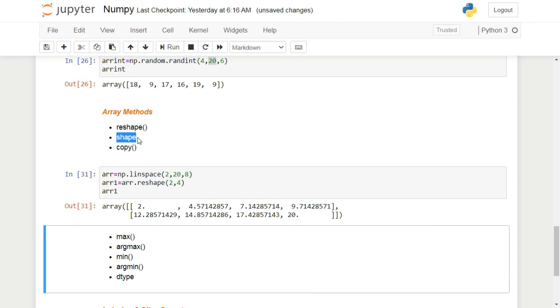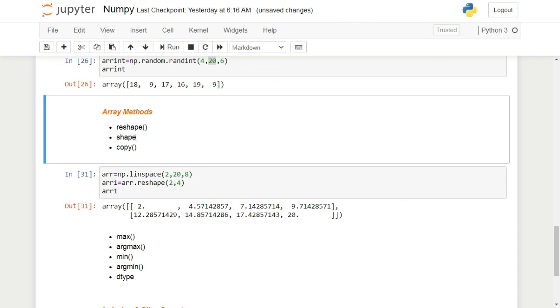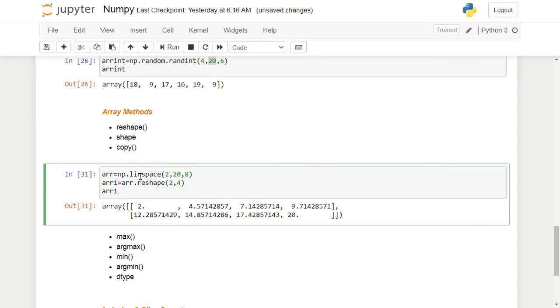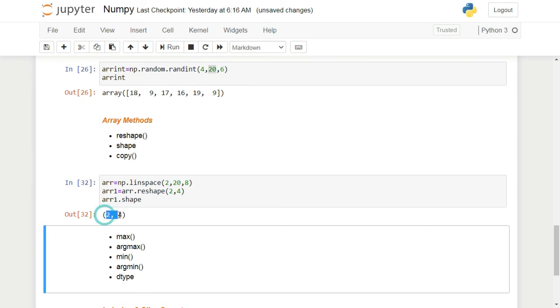Now coming to the shape. Basically shape is not a method, it is an attribute. You can distinguish between a method and an attribute because attributes don't have parentheses at the end. You can see I have not given parentheses at the end of shape, so it is an attribute, not a method. Shape is just for checking: if you have a variable, you can call the shape attribute and it will give you the number of rows and columns it has.